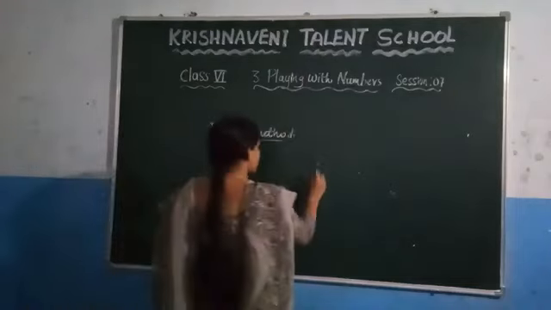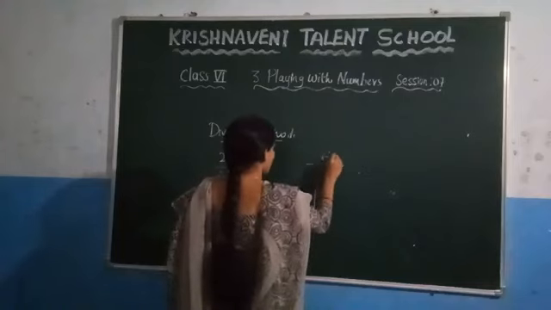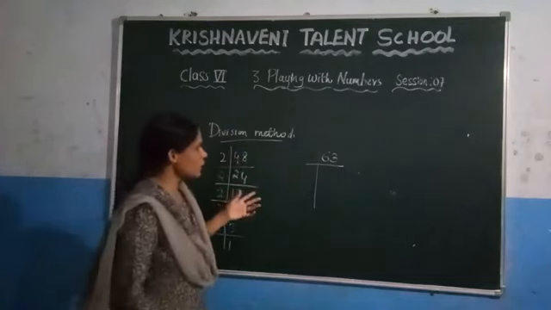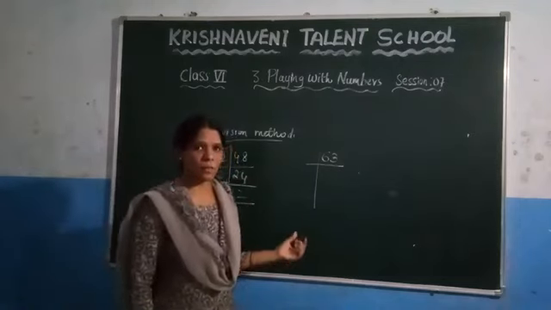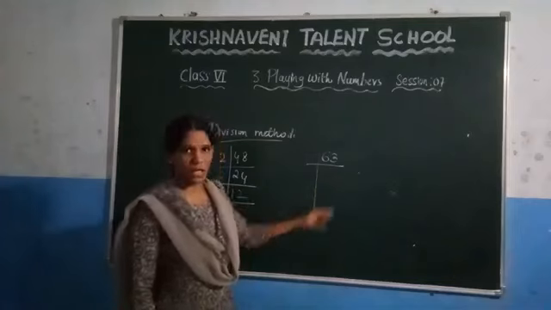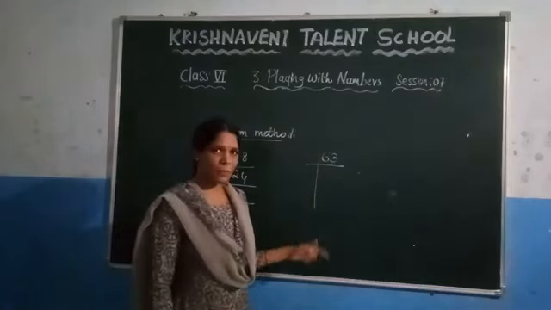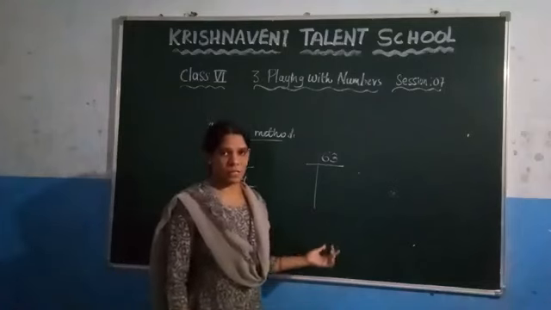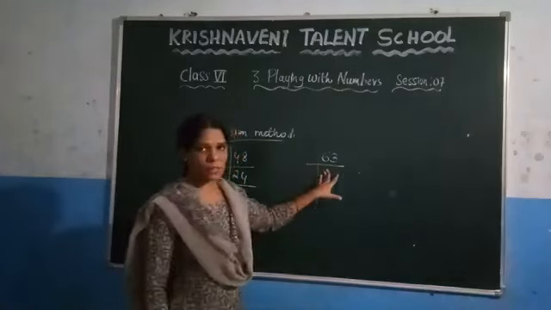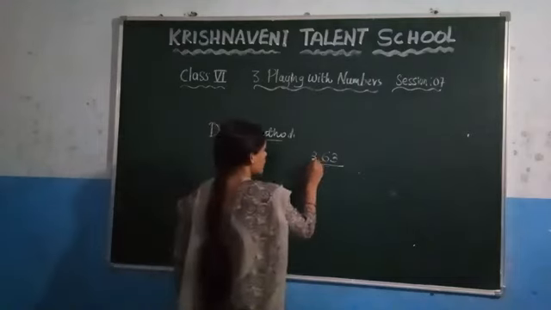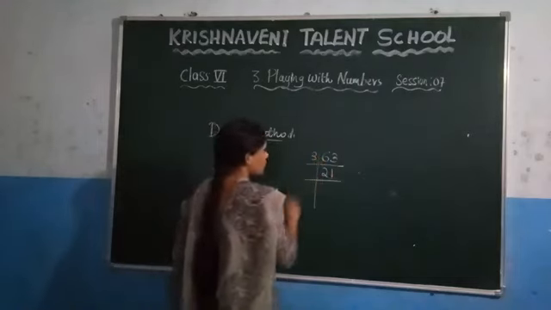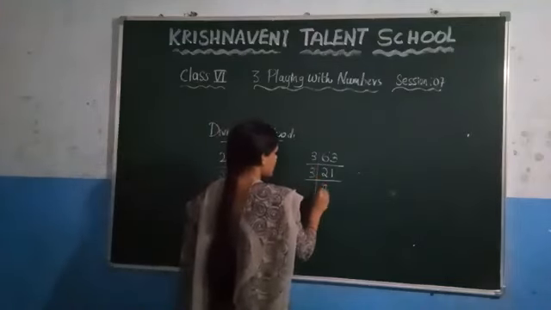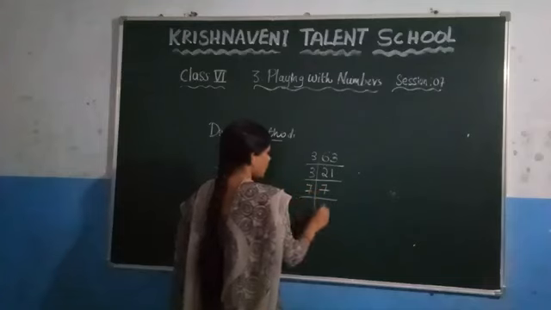Consider the example 63. If you want to find the prime factors of 63 by using the division method, you need to check what is the least prime number that is divisible by 63. Now you know that 2 is the least prime number but 2 is not divisible by 63. Next check the next least prime number which is 3, and you know that 3 divides 63. Write it here 3. 3 2s are 6 and 3 1s are 3. Similarly this 21 is divisible by 3. So write it here 3 7s are 21 and you know that 7 1s are 7.